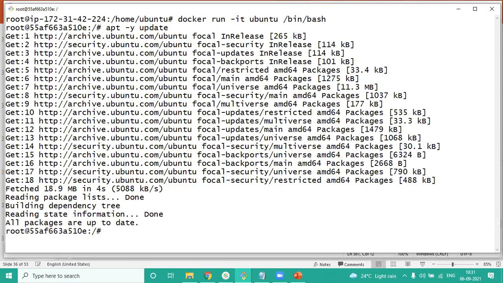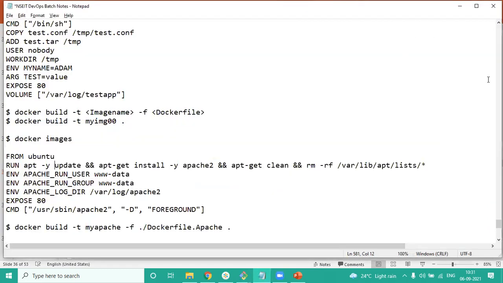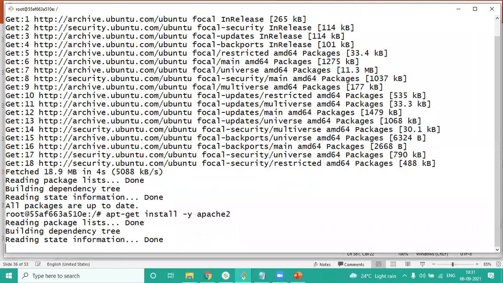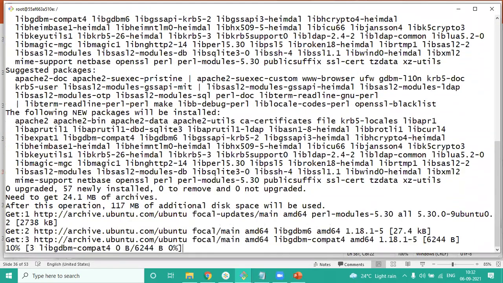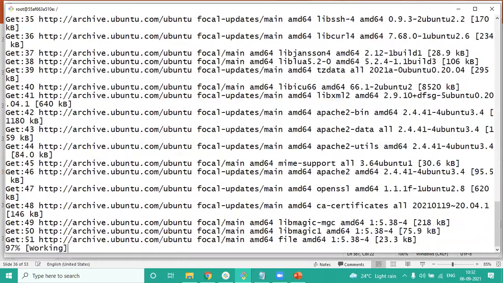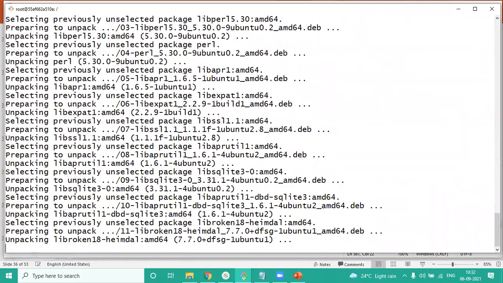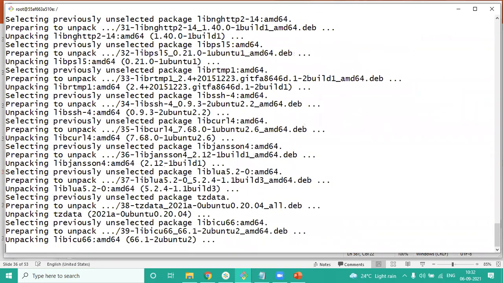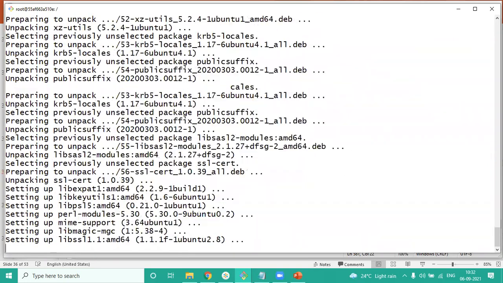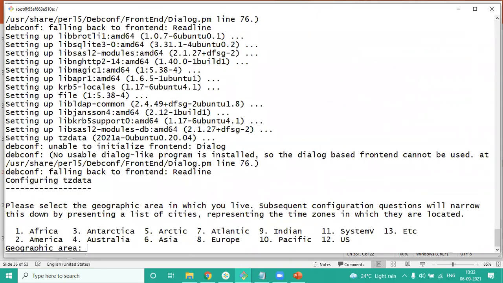Okay, this is fine, but let's say that install. Probably this will be very good. Yes. This coming from